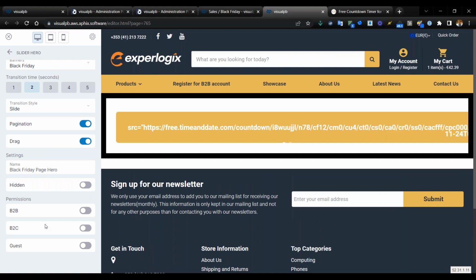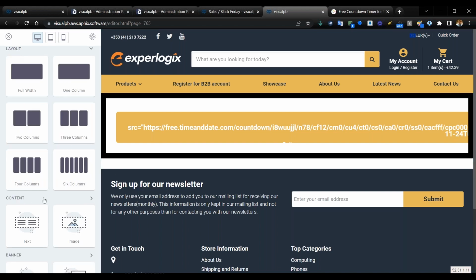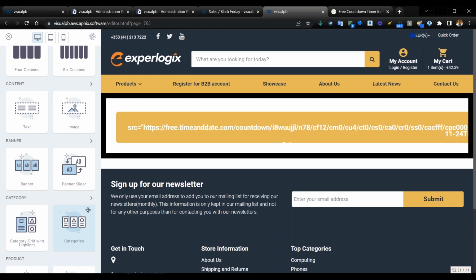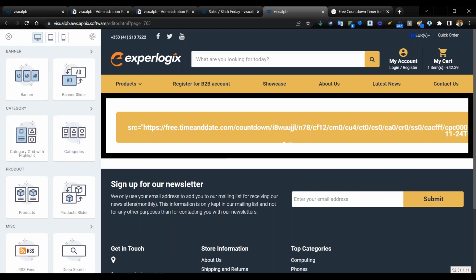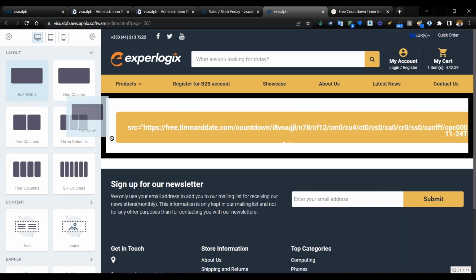So again, it's just prepping that sort of stuff in place, and of course you can use the toggles to hide it, so that maybe there are different Black Friday offers just for B2B customers and not for B2C customers, or vice versa. On top of layering on top of that, if you're looking at specifying products, if I move to put in a full width column here,